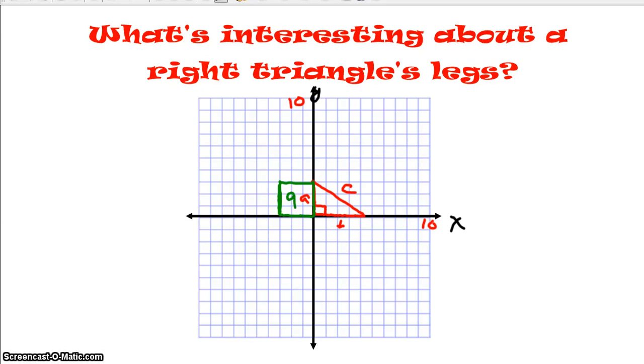We could do the same on the side that's labeled B right here. What is the length of side B? Leslie, say it. 4. So if we put a box here, we could make a square that is 4 by 4, on the back of that leg. What would the area be of this square? 4 times 4 is? 16. And what he noticed was, if you take the hypotenuse